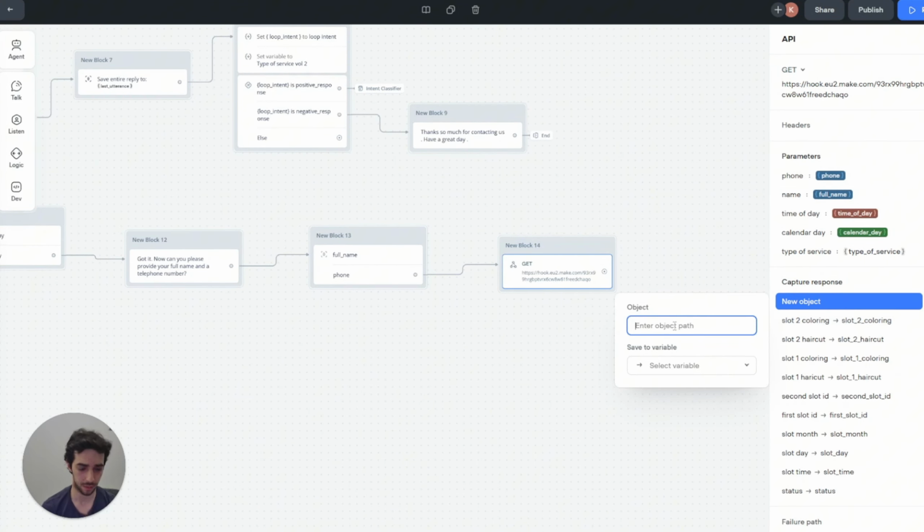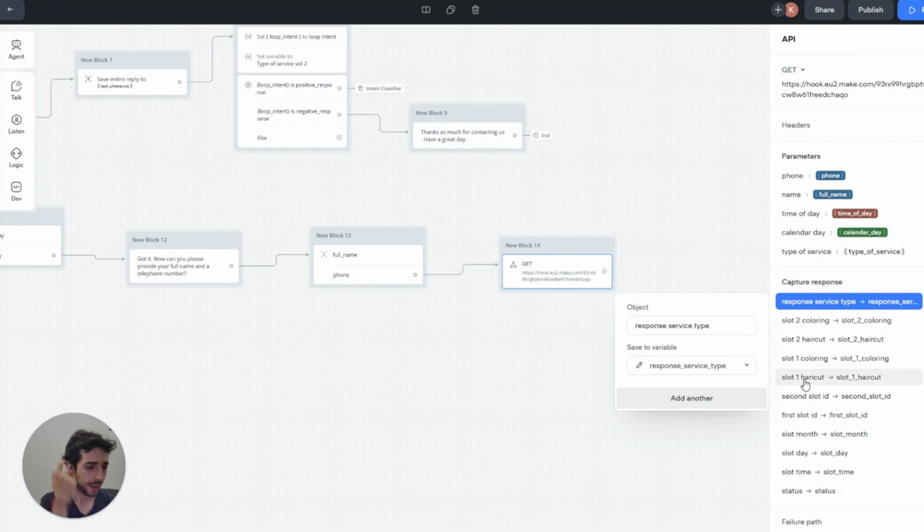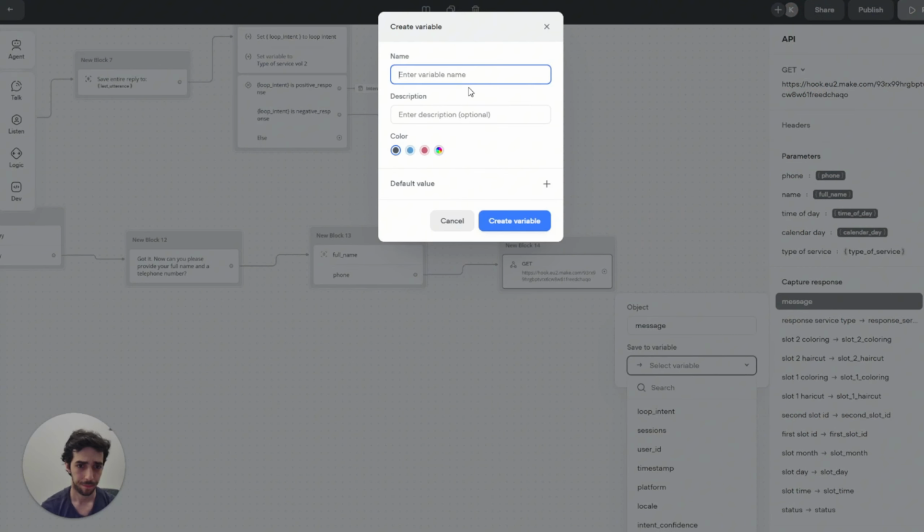We need the service type, of course. So response service type, which is actually the original service type. Nothing changes there. It's just for us to have it again and process it. So response service type, create variable. And I believe we're done. Just let's say the message, response message,